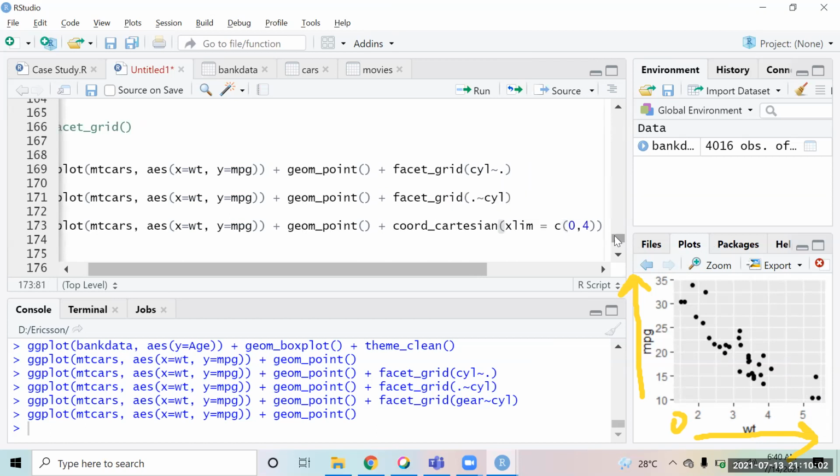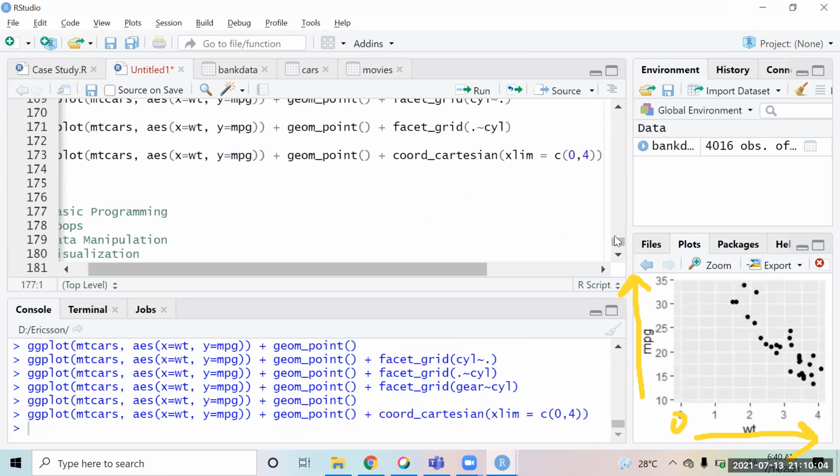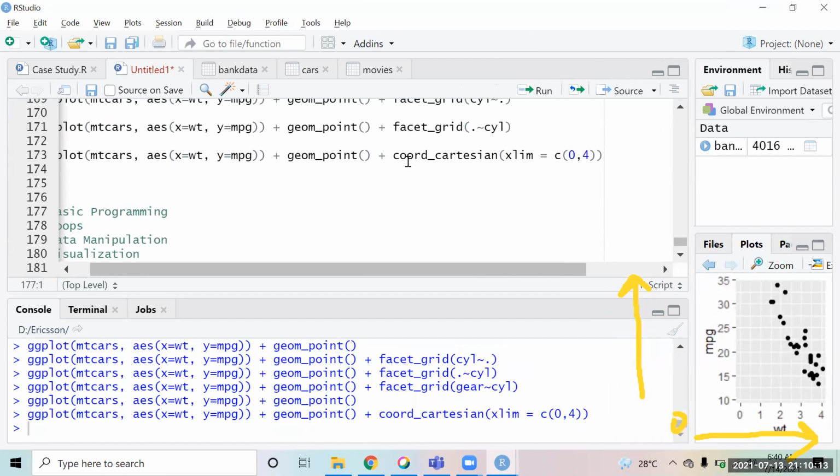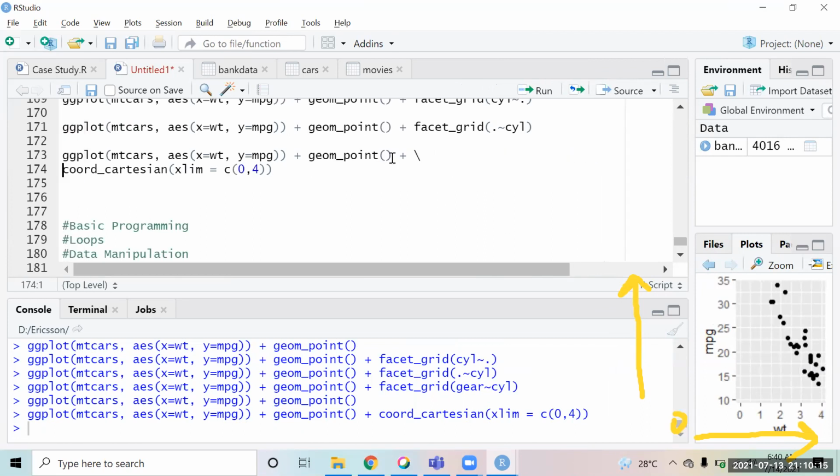That is what coordinates basically are. If you run this now, you see the chart is coming only from 0 to 4. The data after that has been truncated. So this is coord_cartesian, where you can define on the x-axis and y-axis up till what point you want to keep the data.